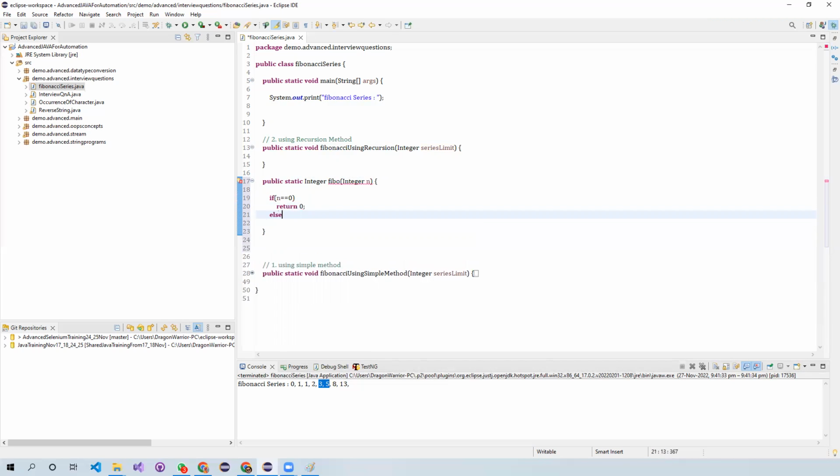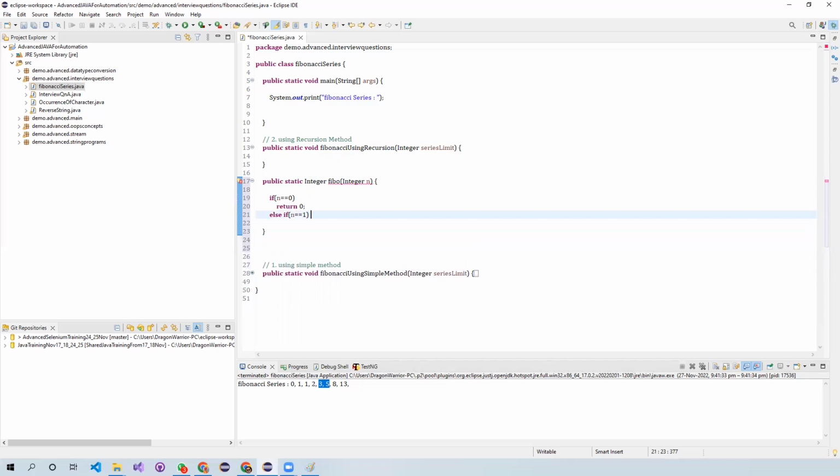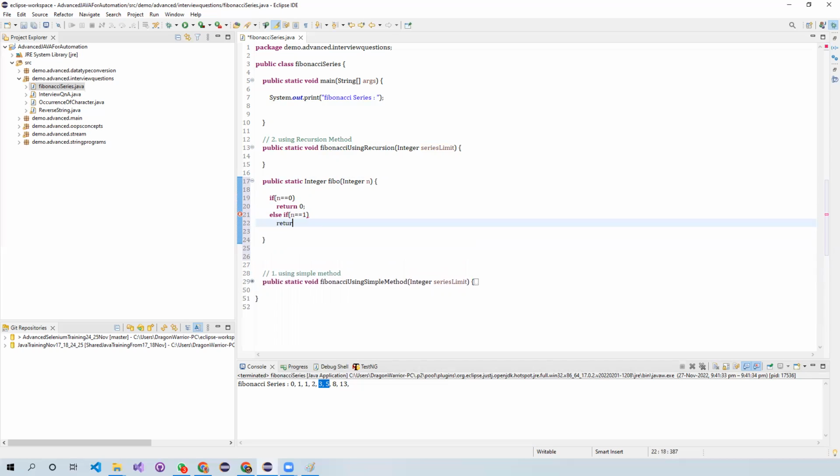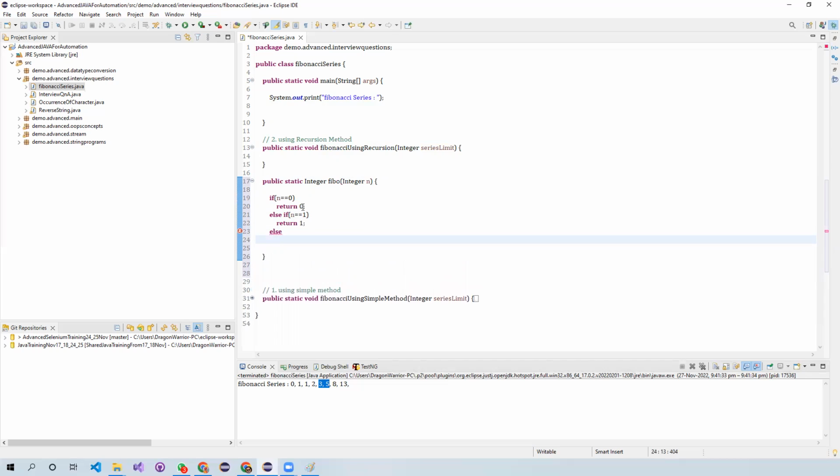Second, else if n equals 1, then it should return value 1. Else, it should return